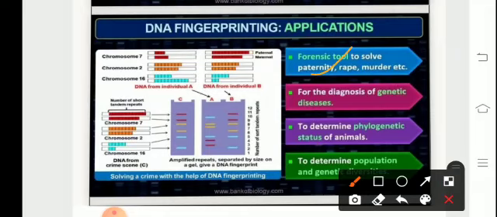It can also be used as a forensic tool. If we have obtained this C as the separation of the fragments from the site of murder, and if we have doubt in person A and B, we can take the DNA and carry out the analysis, and then we'll come to the conclusion that B has got the separation of fragments similar to that of the DNA fragment obtained from the murder site, that is C. And hence, B could be the person who got involved. So this is how it can be used as a forensic tool to solve murder mysteries or to solve a crime scene with the help of DNA fingerprinting.